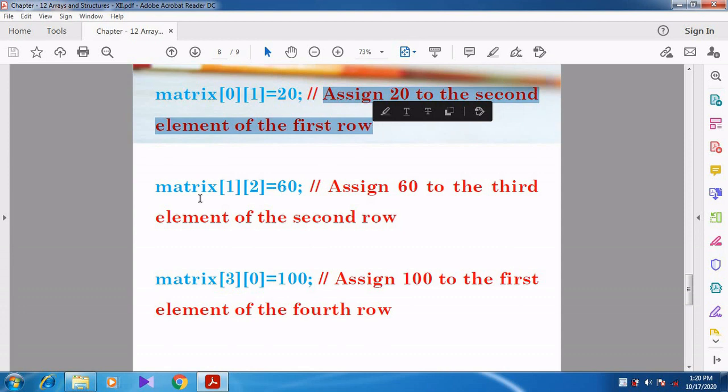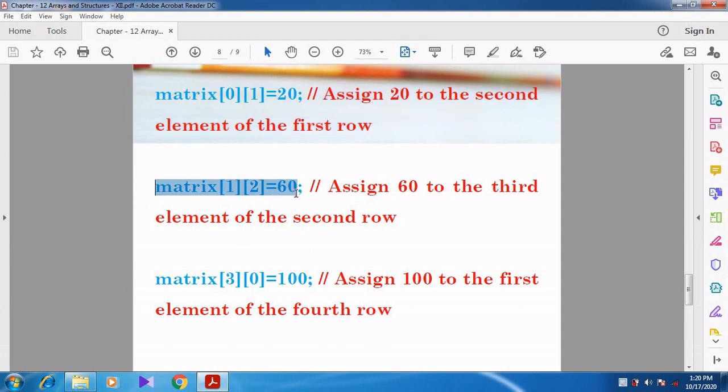Like that, now you see the next example, matrix 1 of 2. 1 of 2 means first row and then second column. So it represents the third element of the second row, because 1 of 2. 1 means 0th row, first row, so automatically it comes to the second row.